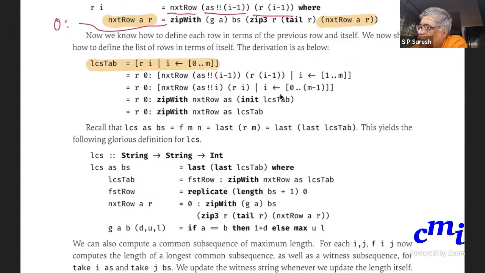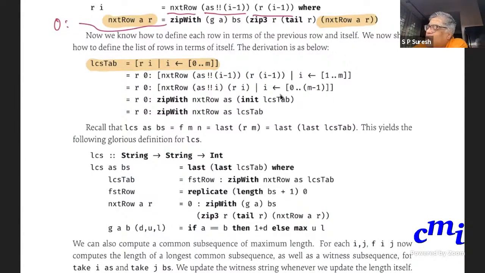Instead of i ranging from 1 to m, you can take it as i ranging from 0 to m minus 1, because you are only referring to i minus 1, so you can shift indices. Then the same thing is next row of A's i and Ri, where i ranges from 0 to m minus 1.